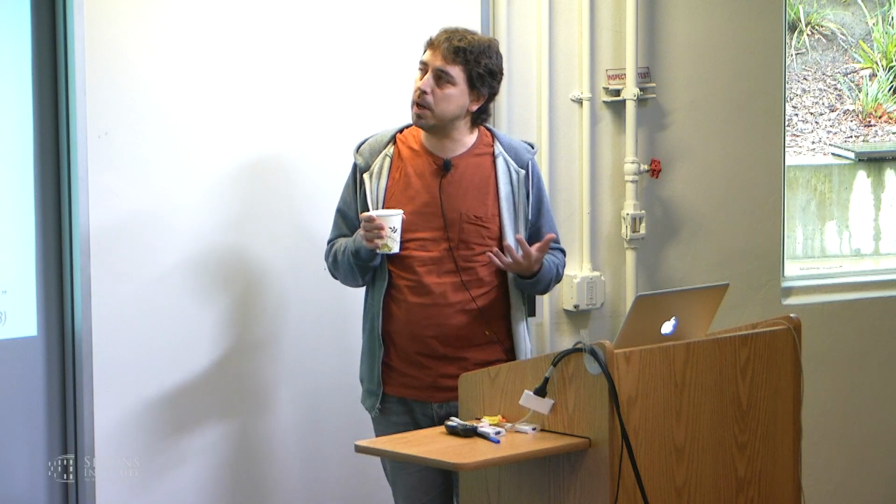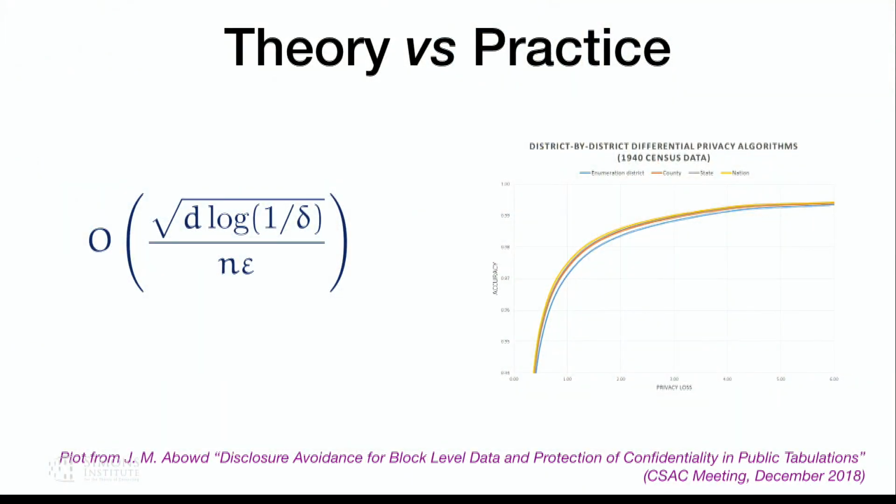And I want to start by talking a little bit about the distinction, when we talk about the privacy utility trade-off, between the theory and the practical point of view. So my background is machine learning theory. When I initially started working in differential privacy and I was thinking about the privacy utility trade-off, I was thinking about things like this. So we're thinking about bounds that hopefully will give us optimal rates and will depend on the parameters of the problem, like the dimension of the data, the privacy parameters, and the number of records that we have.